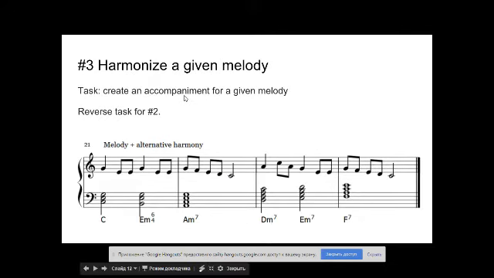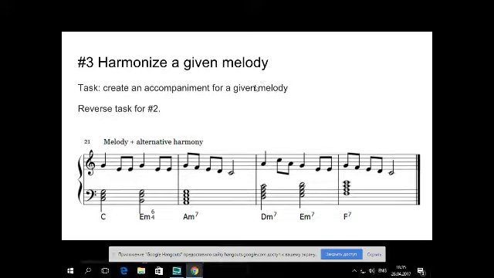So here's another task that I see. It's a sort of a reverse task. It's an opposite task for the previous one. Sometimes you have a melody, but you need to create a harmony for it. This is very typical for folk tunes. I played with a folk band, and sometimes they just harmonize the melodies not the way they were harmonized originally. And in case of folk music, it's very hard to track the original actually.